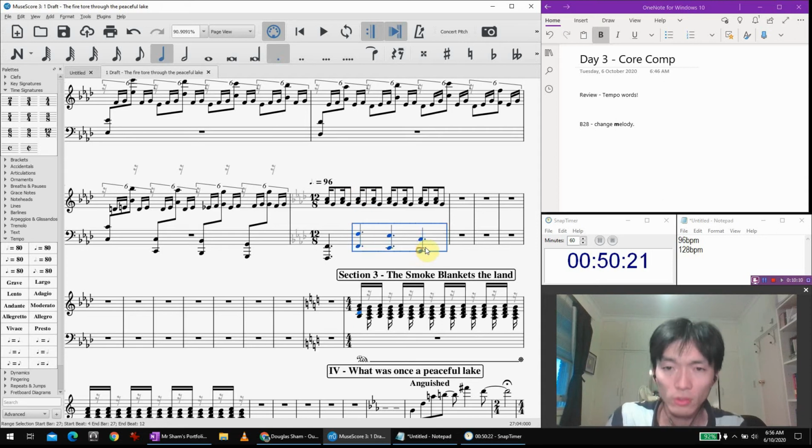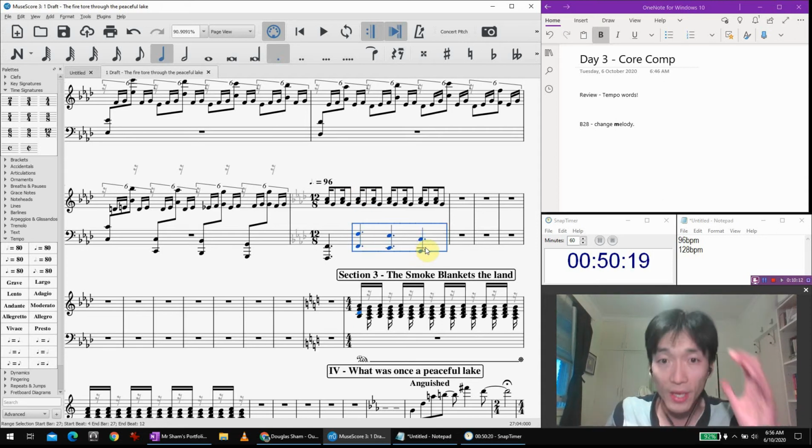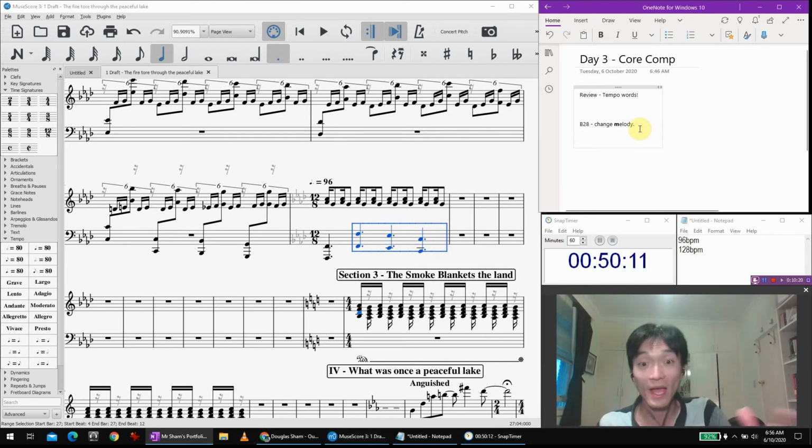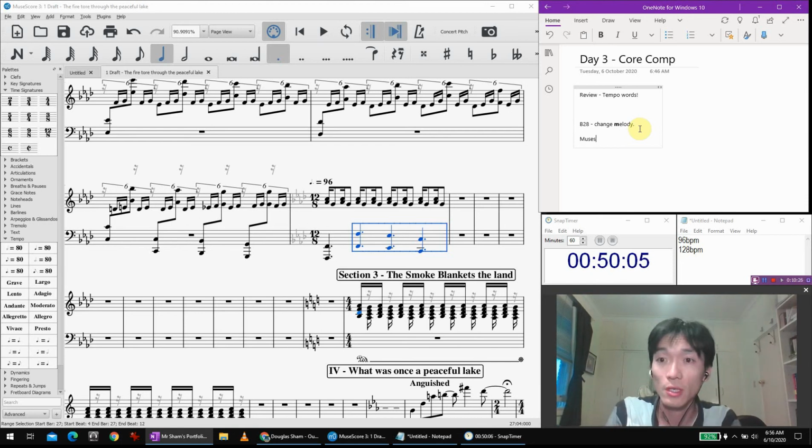Okay, I think what I'm going to do at this point is make it more grand. You know what this reminds me of? There's a piece, as a composer, you'll always find that your output, what you write, is similar to what you listen to. So there's a piece by Muse, I think it's 2006-ish, Knights of Sidonia. It's got a galloping figure.